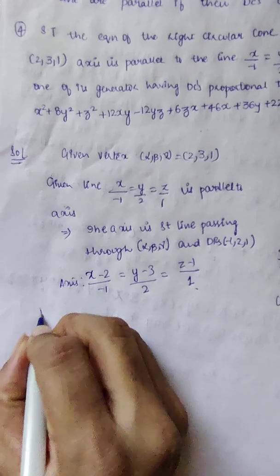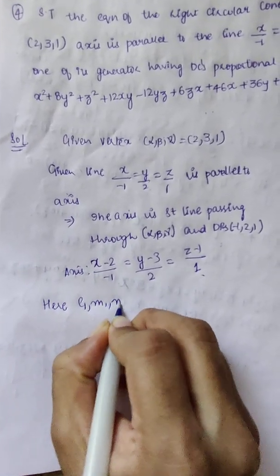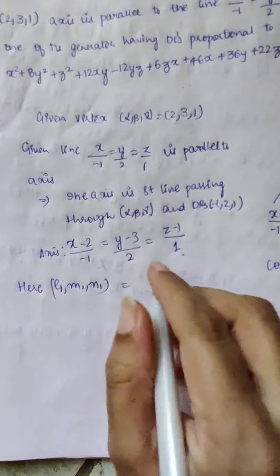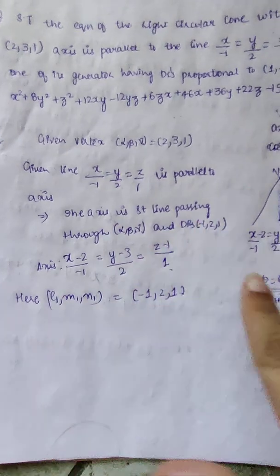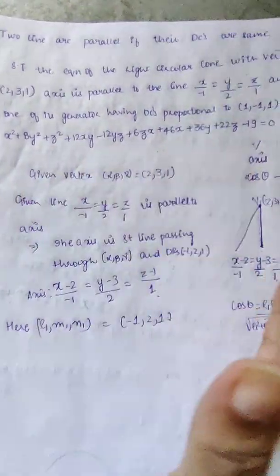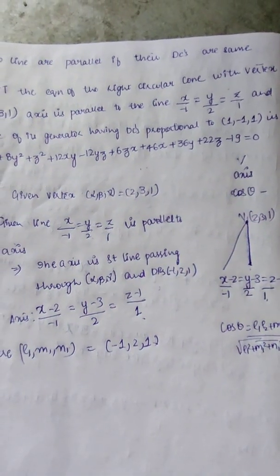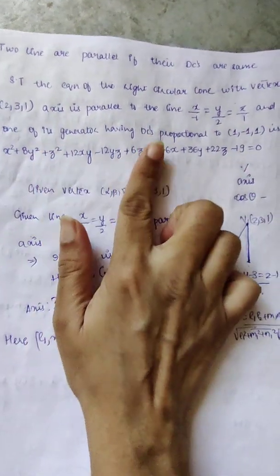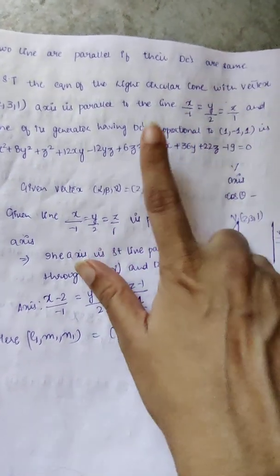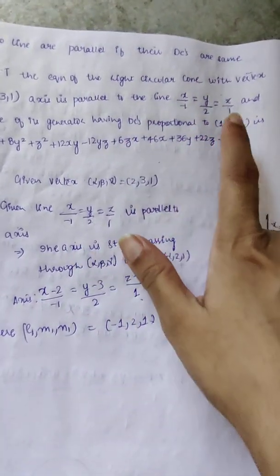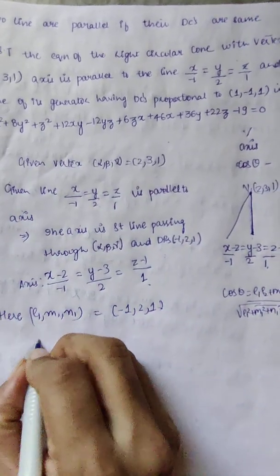So I'm going to write down here L1, M1, N1, which is nothing but from the axis. So it's going to be minus 1, 2 and 1. What about the other, L2, M2? If I come across this, do I have any other hint given to me? Yes, the generator is having one more direction cosines proportional to 1, minus 1 and 1. So that means I have one more direction cosines, that is 1, minus 1 and 1. So I got one more, that is your L2,